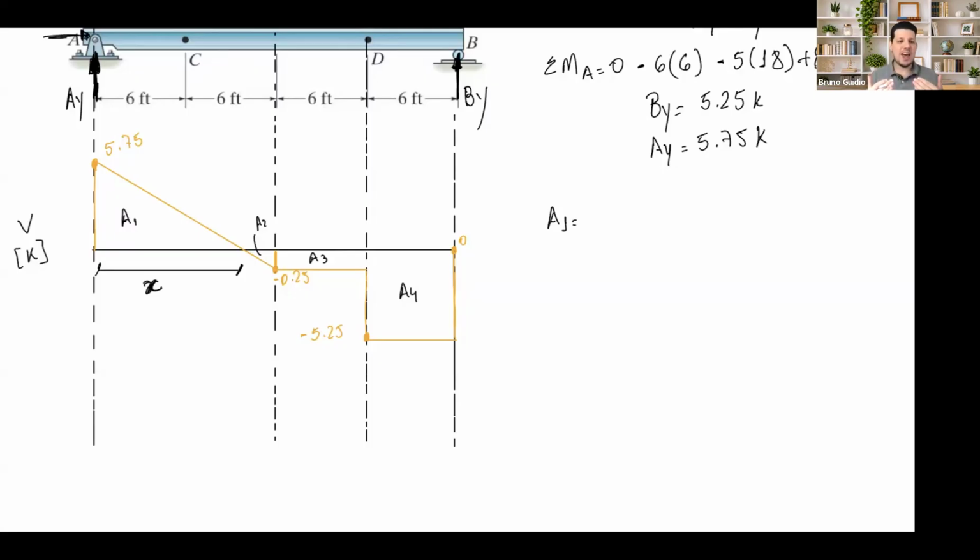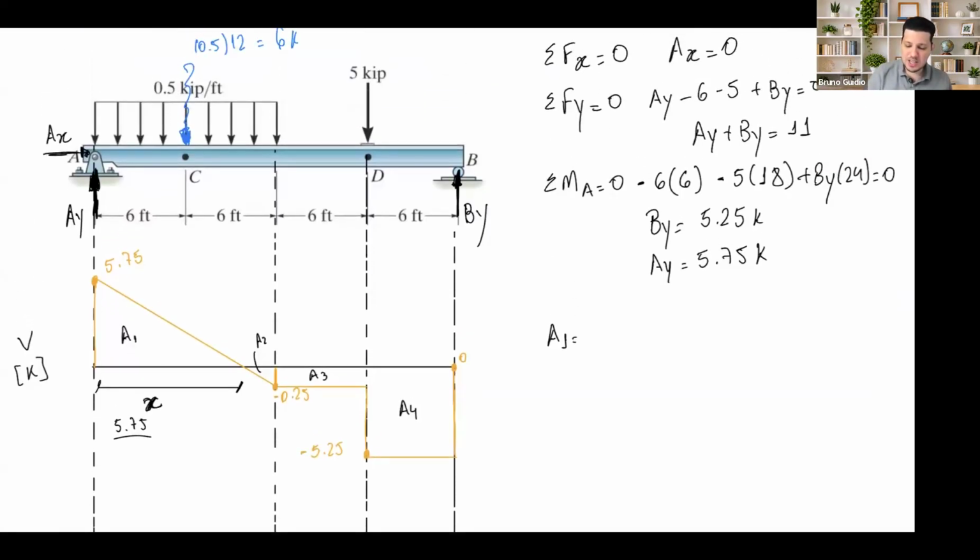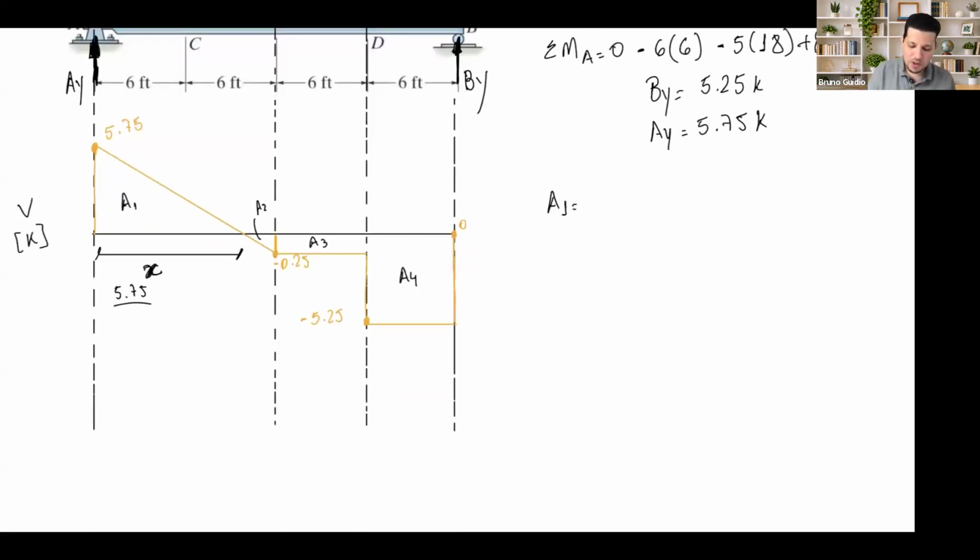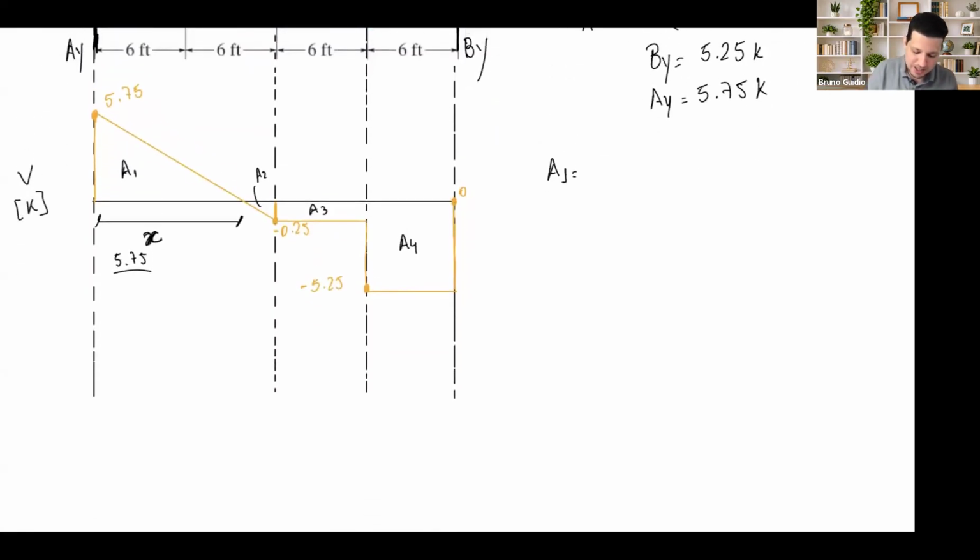Okay, how can I find this x? It's just 5.75, your peak, divided by your slope. What is the slope? 0.5. So 5.75 divided by 0.5 is going to be 11.5